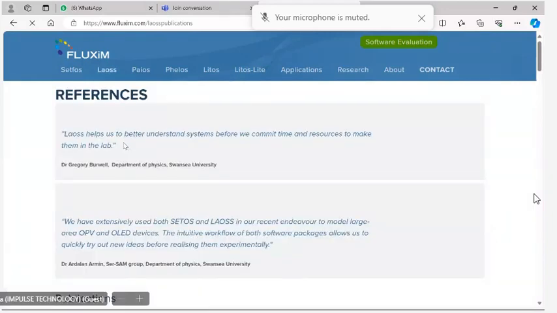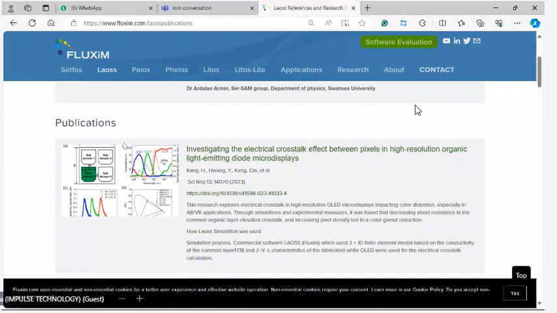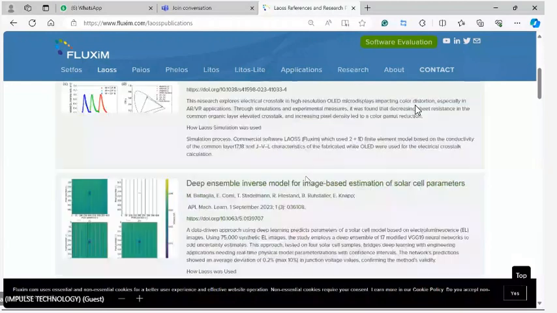So you can see this is the reference option, where some people are using it, like Swansea University. At the bottom of that you can find the publications on the electrical crosstalk effect between different pixels. You can find recent research papers on investigation of electrical crosstalk between different pixels with high resolution for unique LED and micro display applications, including solar cell applications as well,